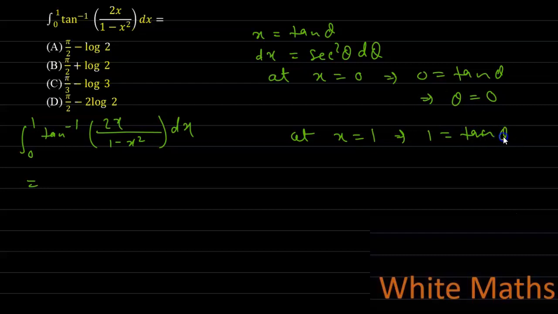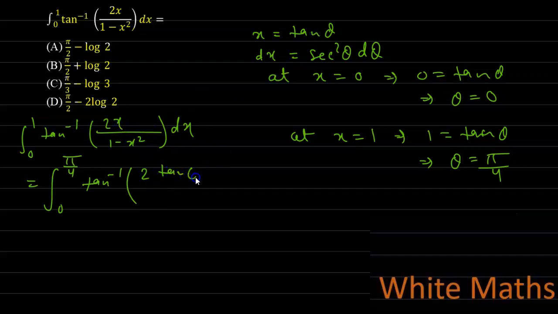At theta equal to pi by 4, tan theta is 1. So the value of theta is pi by 4. So the new limit will be 0 to pi by 4, and this is tan inverse of 2 times x, which is tan theta,